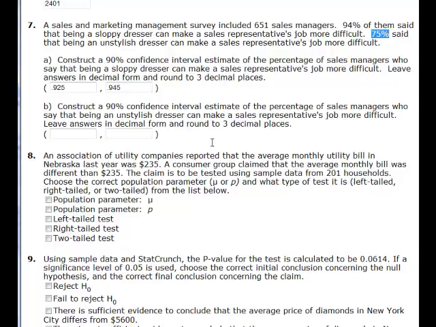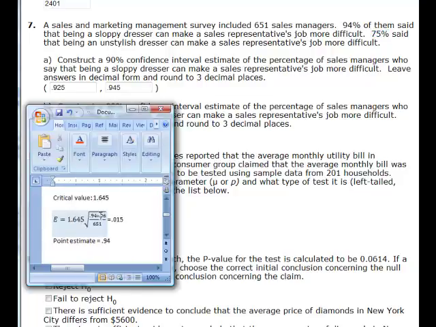Now we would do the same thing in part B, only here we're going to use 75% for our point estimate and for our p hat. We're still constructing a 90% confidence interval, so the critical value will be the same. So in this one, instead of 0.94, we would have 0.75, and then we would have 0.25 for our q hat. We still have 651 for our sample size, and this gives us a margin of error of 0.028. Our point estimate here will be the 0.75. So if we take the 0.75 minus the 0.028, it's going to give us 0.722. The 0.75 plus the 0.028 is